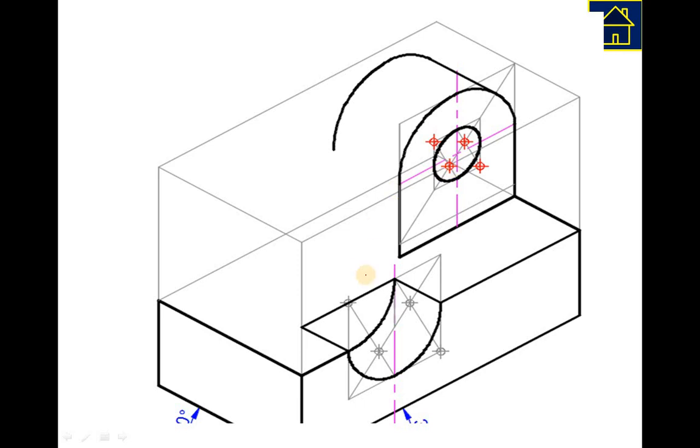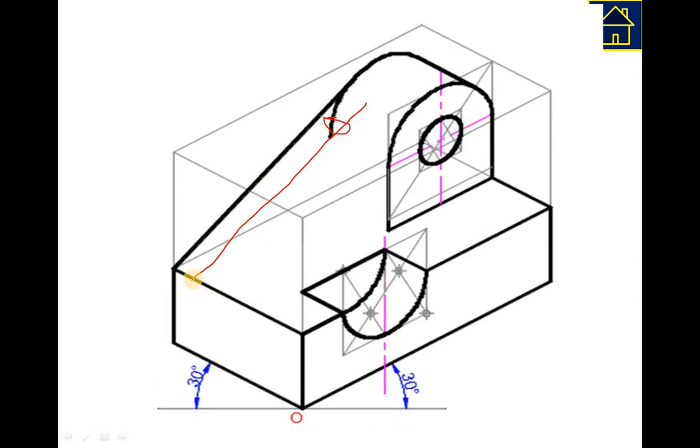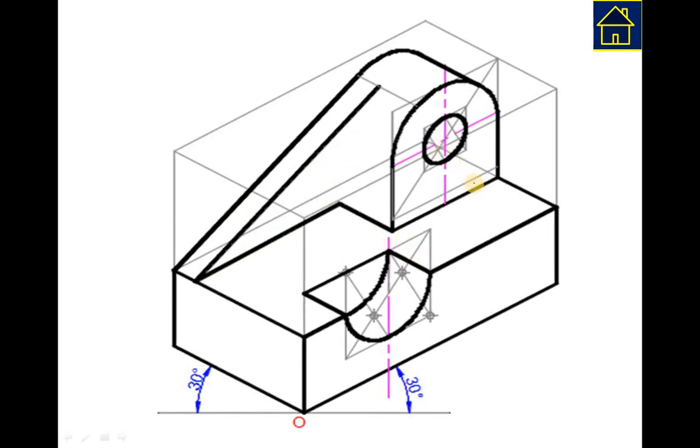Now the next part is to draw the rib portion. Actually the rib is tangent to the circle. So from here I am drawing a tangent which will connect at this corner, and this portion I will erase, and then it has a thickness of 10 mm. So from 10 mm I am drawing another side which is passing up to this. At the same time you will draw this straight line up to here, and then a parallel line like this to the width. This is a parallel line to the length, and this is a parallel line to the width, and one can draw this vertical line also. So you will get this kind of object.